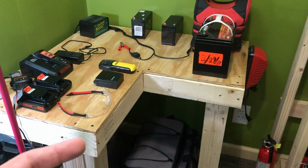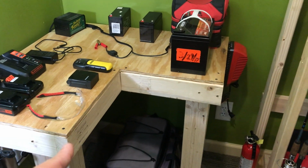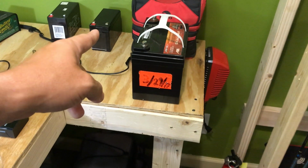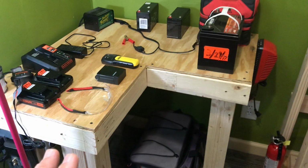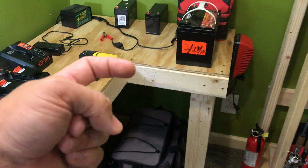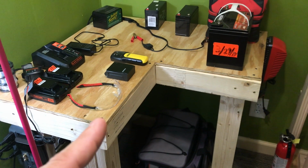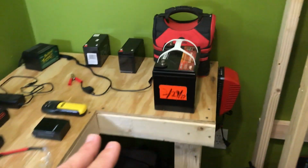So I framed it out, screwed it all together. This board, like I said, that goes right through underneath to that side, that was a last minute thing. I was actually going to just go from here and then line it up with that and basically frame up the lip of it. But when I thought about it, I wanted to be able to stick